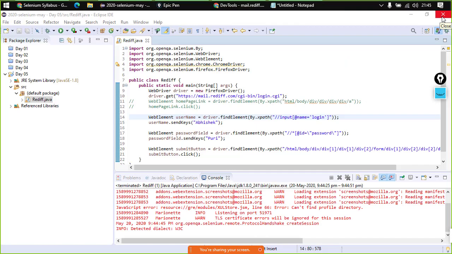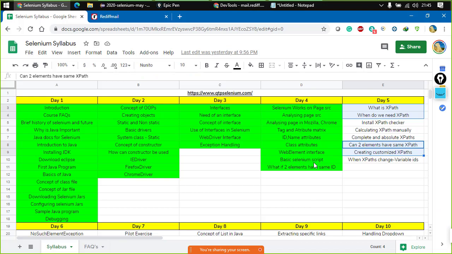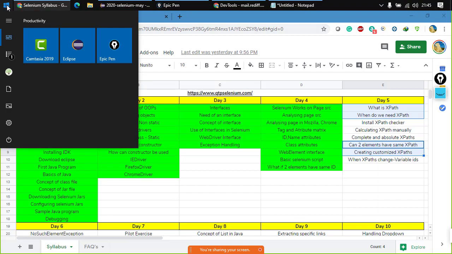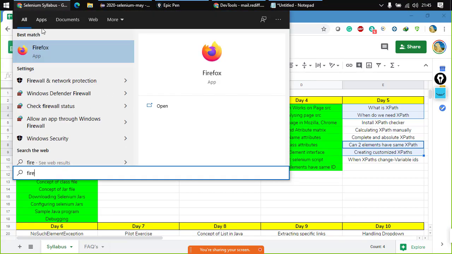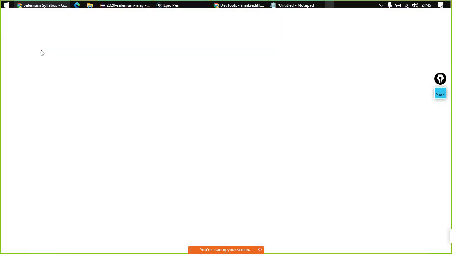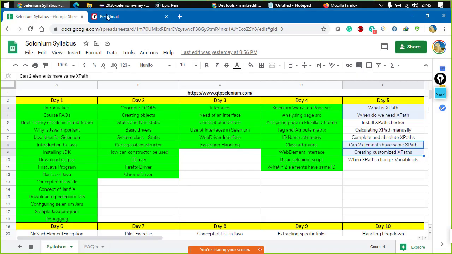Now in Chrome, you can start working with the XPaths directly. You don't need to have anything installed, right? But in other browsers, you cannot start working with XPath directly. For example, I would say try using Firefox, right? So over here in Firefox, I'll open the same page, the page that we are working on right now,